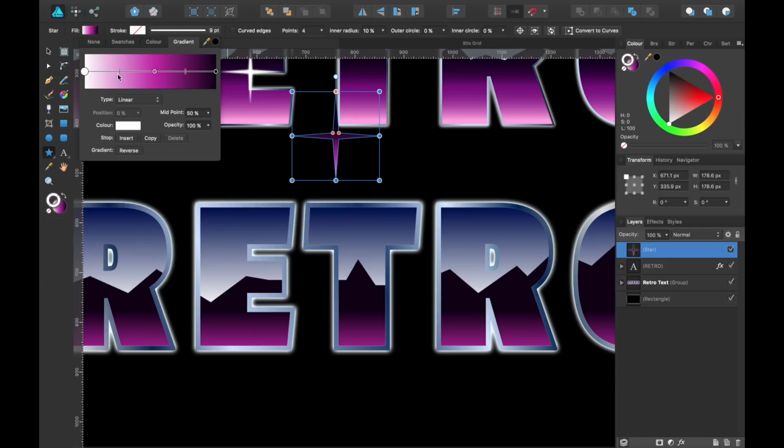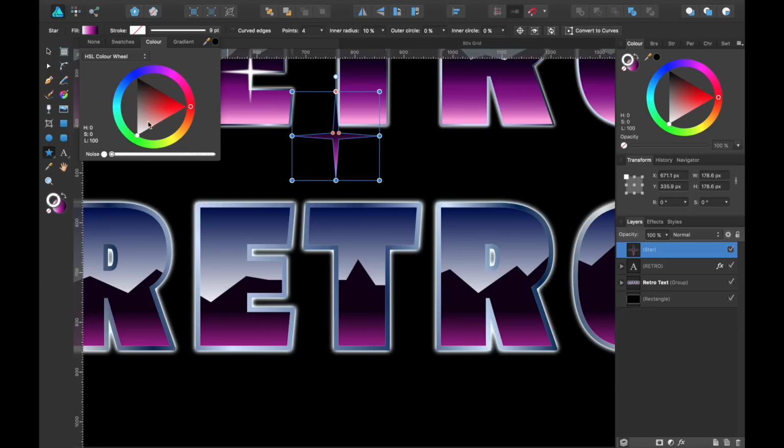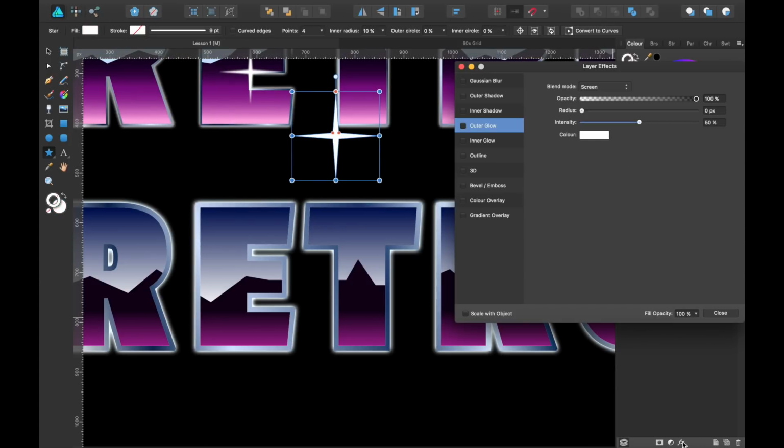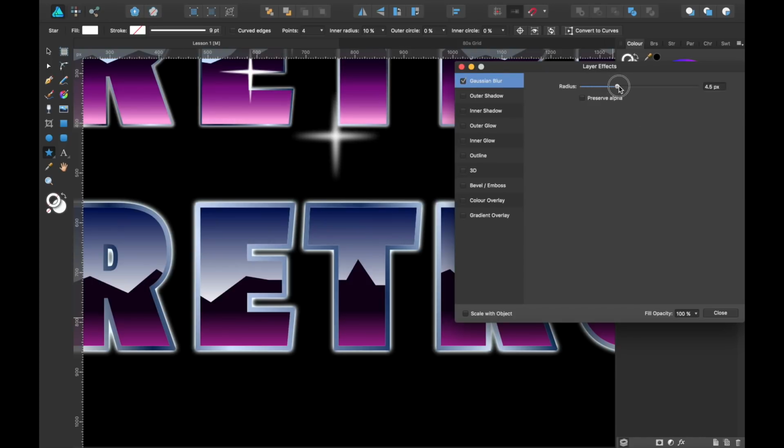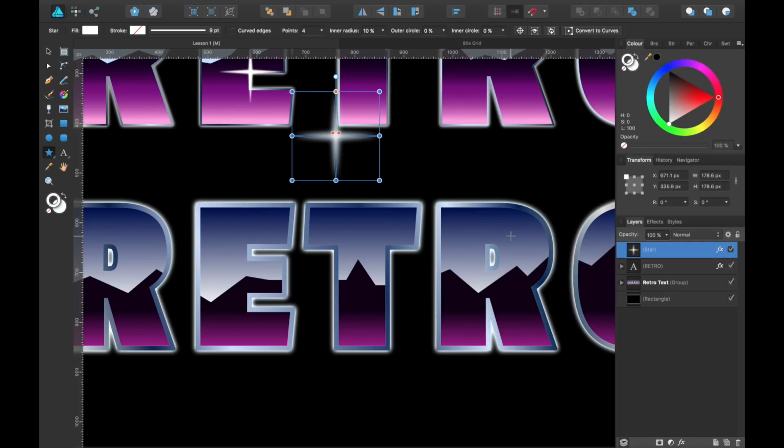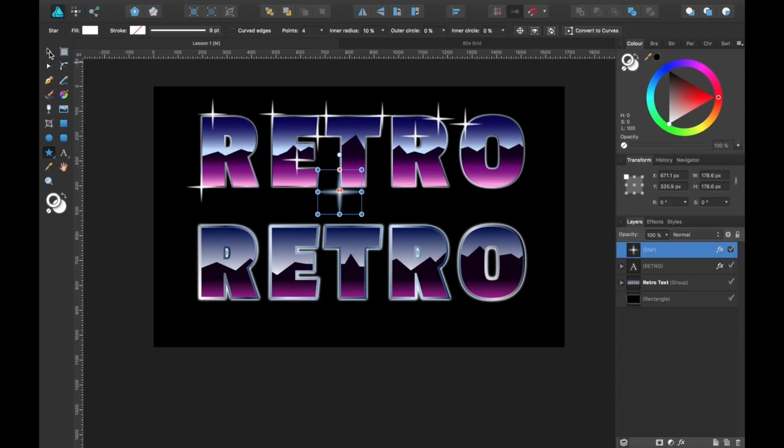Let's change it to just pure white, and then we're going to go down. We're going to add a Gaussian blur, just to give it that bit of blur. There we go. Okay, so we've made our little reflective star.